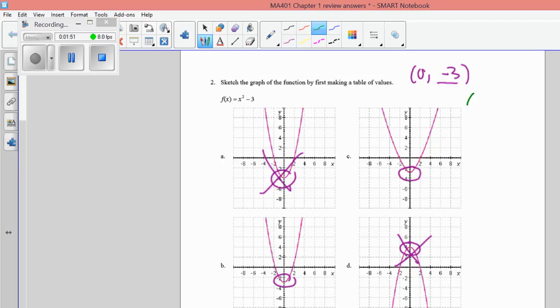So let's say that I'm going to let x be 4. If I plug a 4 in here, 4 squared is 16. So I have 16 minus 3, which is 13. So 4 should give me 13. That was an easy pick. It was choice B. Now, if you put this into your calculator,